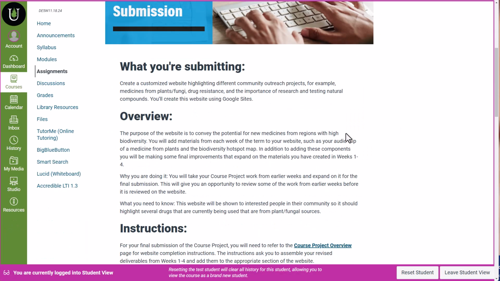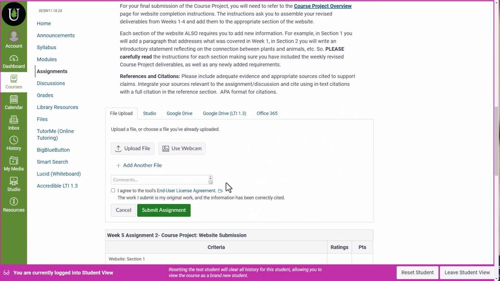When you click on Start Assignment, this will pop up. Submit your assignment here. Please make sure, go back and double check and make sure if you provide me with a link to your Google site that I am able to open it. So sometimes that link requires permission, so you need to make sure that you set permission so that I'm able